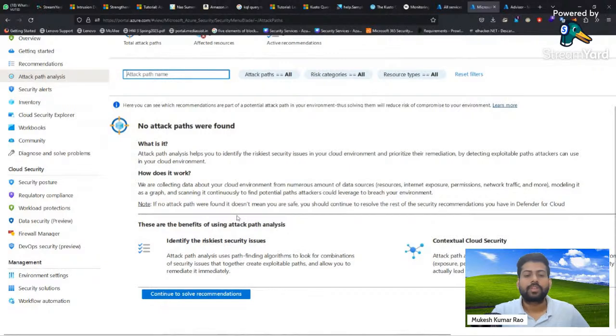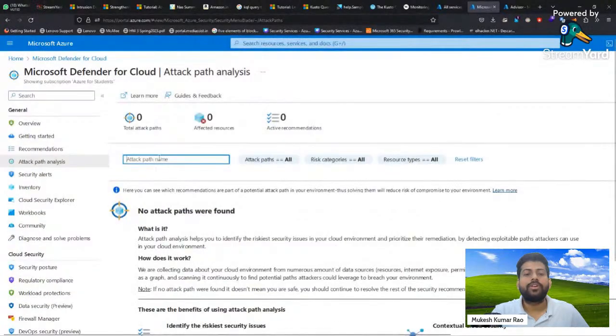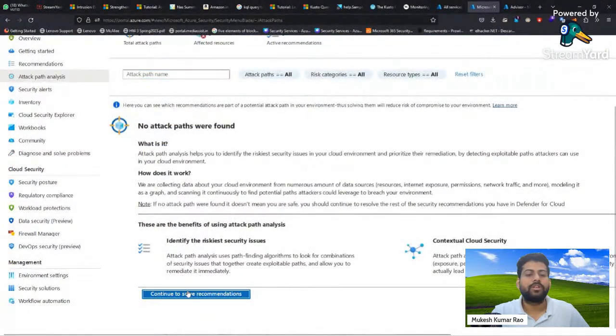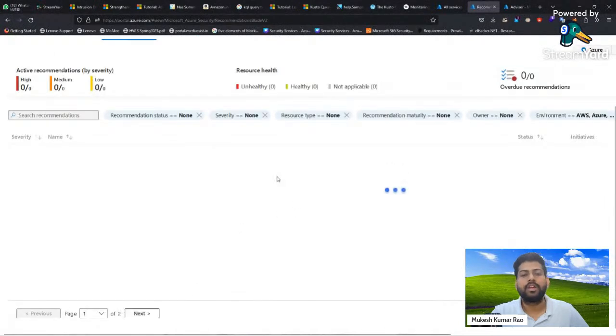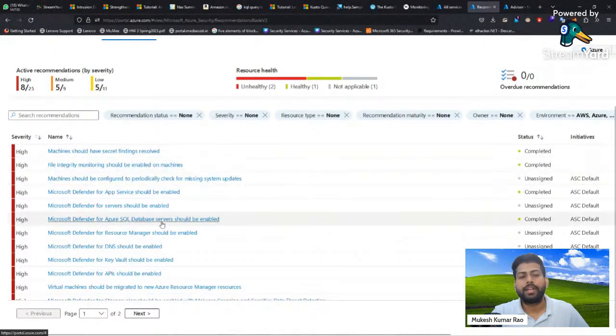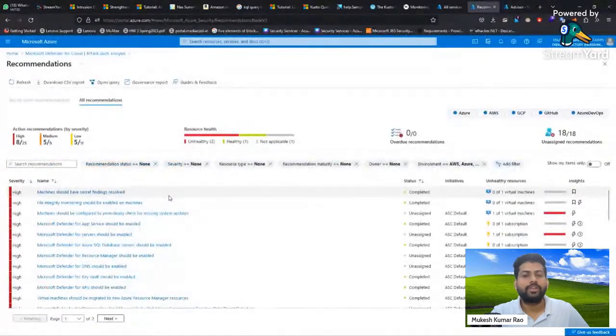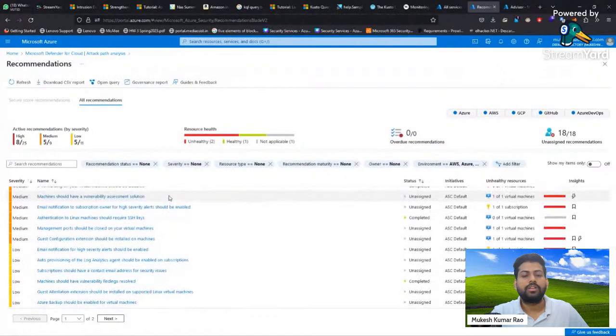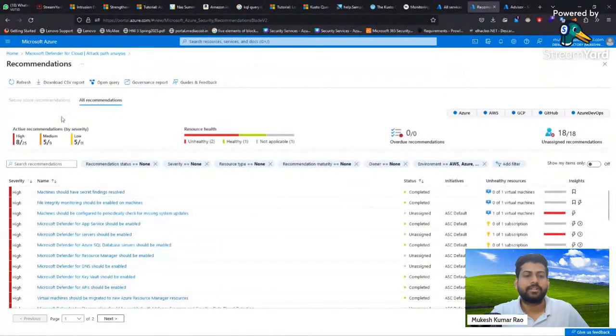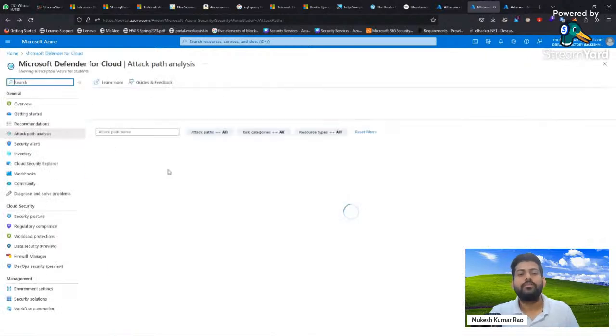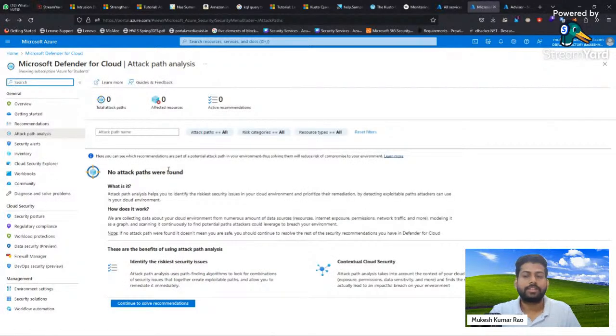Here we didn't find anything. If you click on continue to solve recommendations, it will give high priority items, so you can click and resolve them one by one. That's how you can resolve and do all these settings and integrations. For now, in our project perspective it is not needed, but as an expert, you can remember that and work on it.